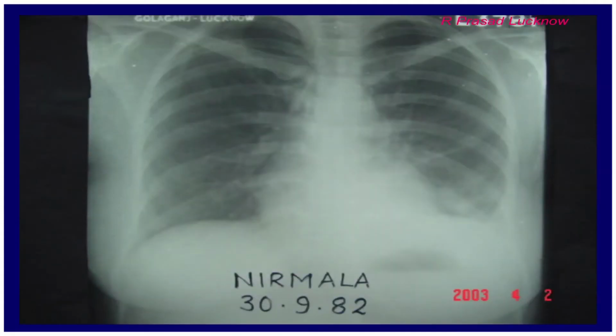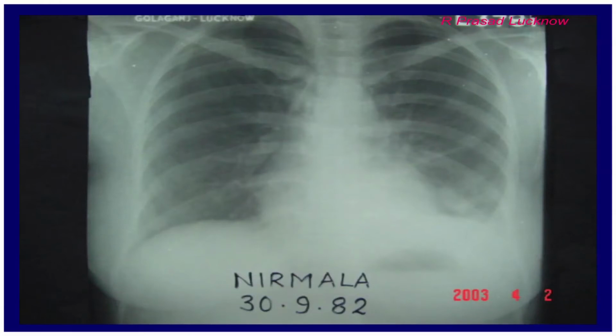This is another case who presented again with fever and chest pain on the left side. And if you see the X-ray, although the X-ray appears to be normal, except that the left dome of the diaphragm is higher up. I have already told you in my X-ray teaching that the left dome of the diaphragm in about 5 to 9% of the cases may be at the same level, even at a higher level; this could be present in normal people.